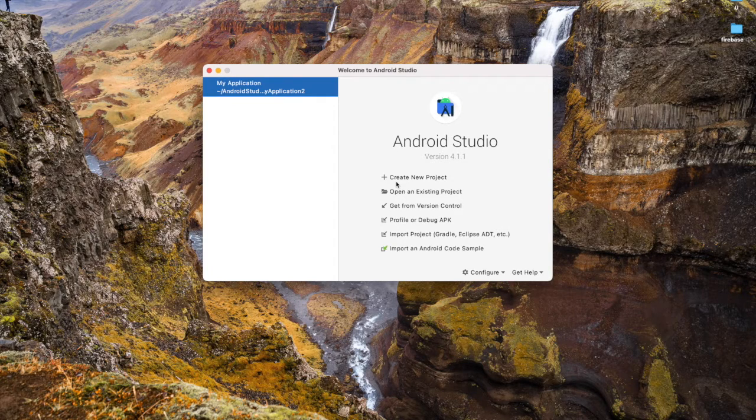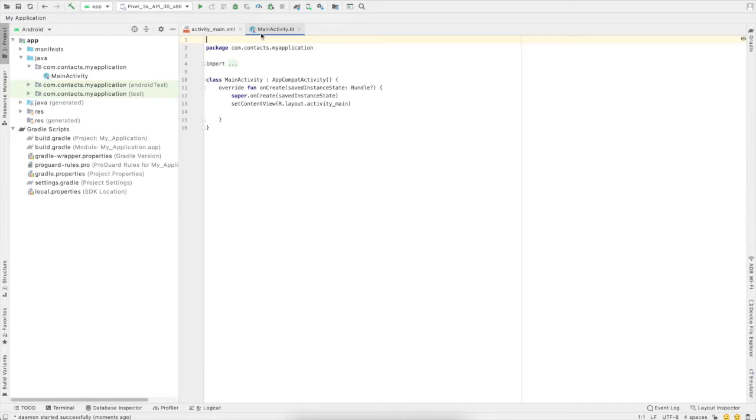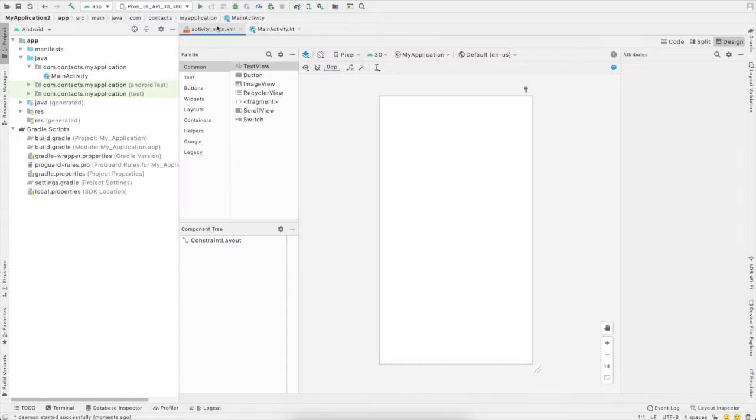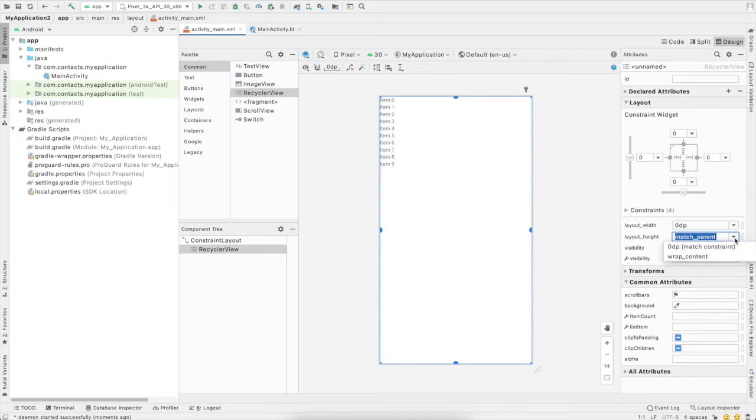In this video, we are going to create a recycler view in the Kotlin language in a very simple way. So let's get started. I've created one project in the Kotlin language. Here you can see that we have created a main activity, and here is the activity XML. We are just going to put down the recycler view over here. For a small amount of time, you can click on these forge buttons and click on the match parent things, right?